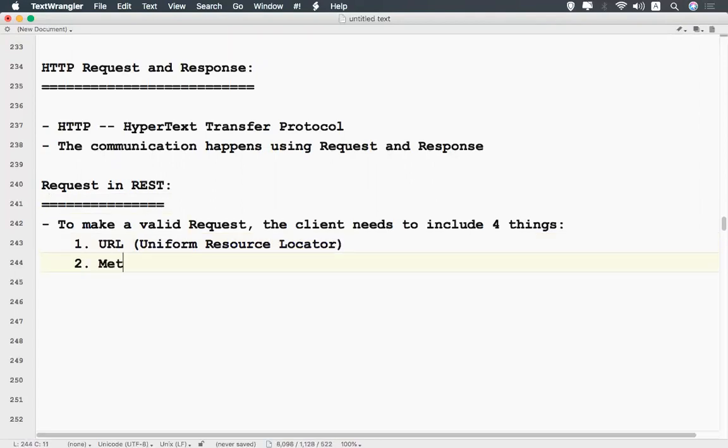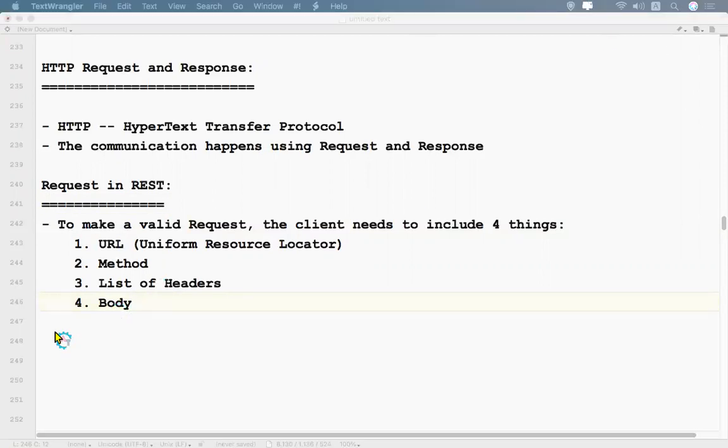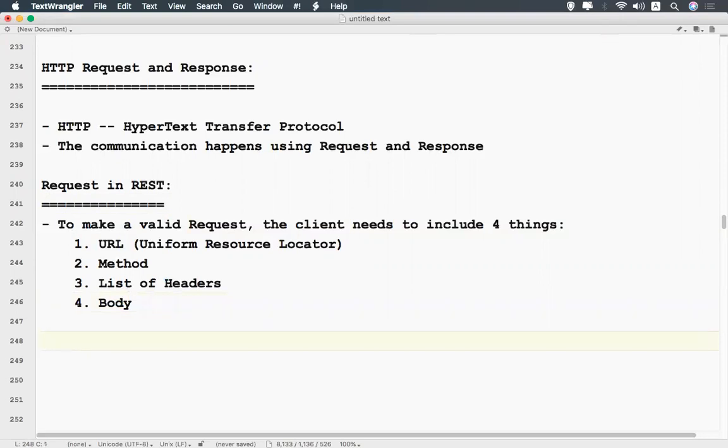The second one is a method, according to your requirement. The third is a list of headers, and the fourth one is the body. So in REST API, if you want to make a valid request, it should have a URL, it should mention which method you are using, what the list of headers is, and what body it should contain. We'll talk about them one by one.